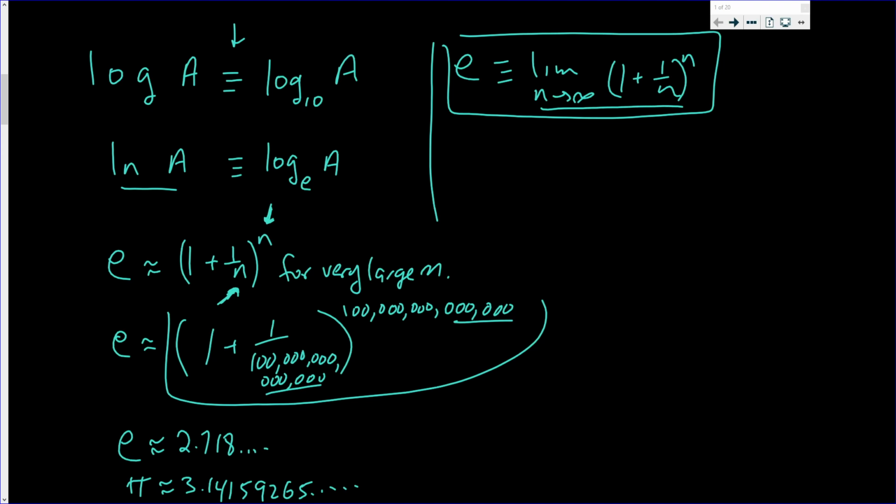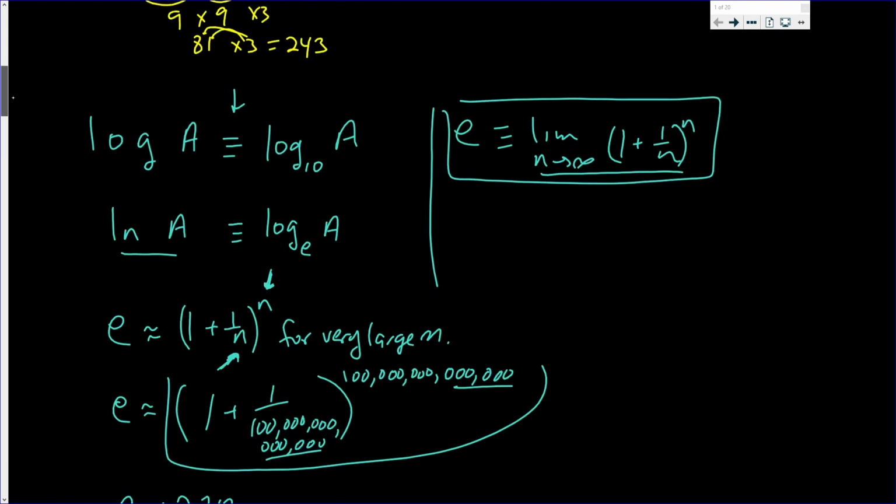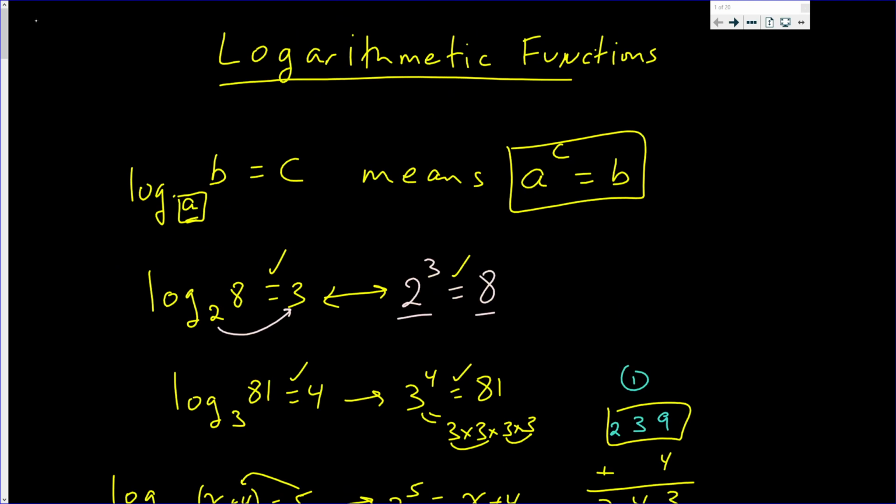Now, let us go over some basic properties of log. First of all, I should have said from the very beginning that A has to be positive. A cannot be negative. Because, for example, if you have log of negative 1/2